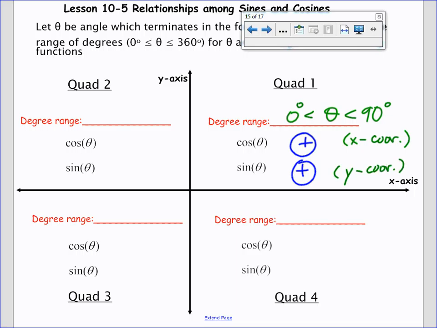All right, let's keep spinning, you guys. After 90 degrees, we go from 90 to 180. That's quadrant 2. Cosine values in quadrant 2 are x coordinates. My x coordinates are to the left of the origin. Therefore, my x coordinates are negative, so my cosine values are negative in quadrant 2. However, my sine values, my vertical directed distance, I'm still above the origin, and so my sine values, my y coordinates, are still